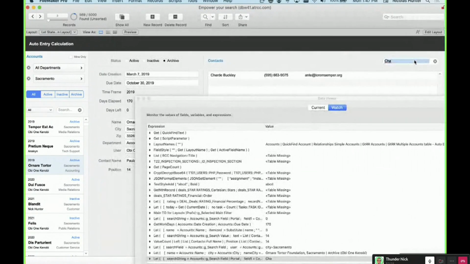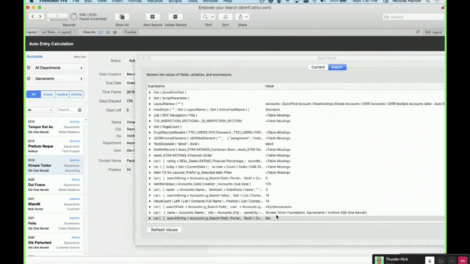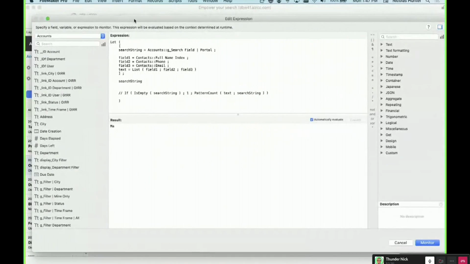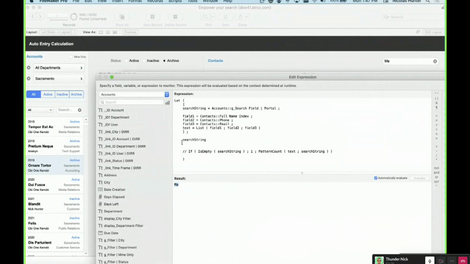Let's search something else where I can have multiple results. MA. I have 4 results. Perfect. So here the search is MA. We all agree this is what I have typed here. Now, what this is doing for each field is going to pick, no, this one is not a good example, but this one. Yeah, field 2 is a phone. And what about field 3? Field 3, yeah, is the email. And it's going to do that